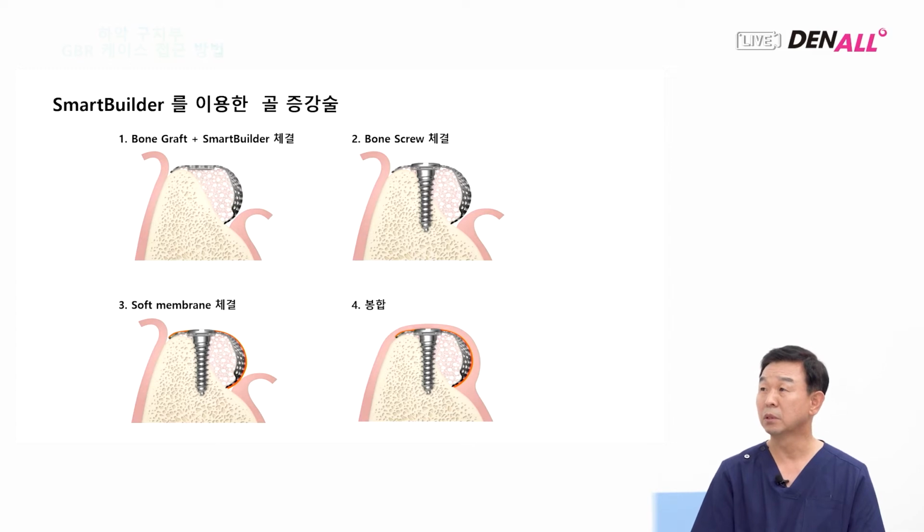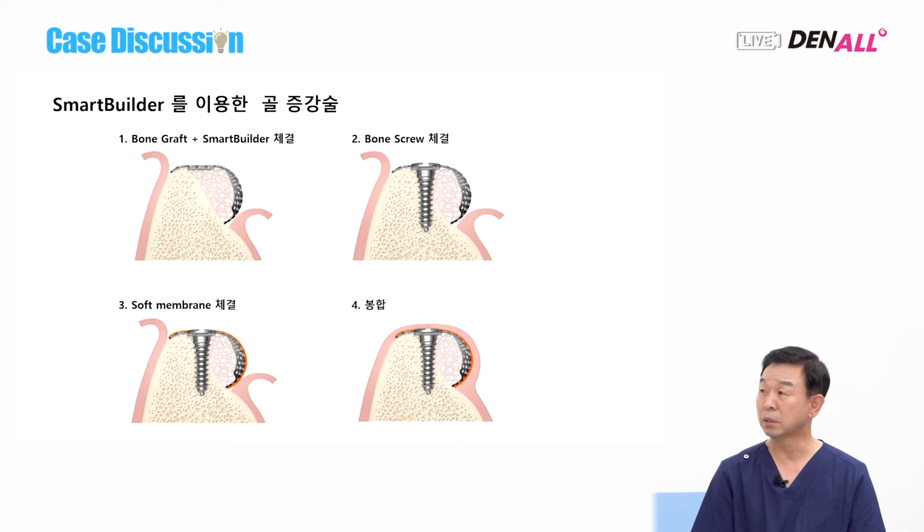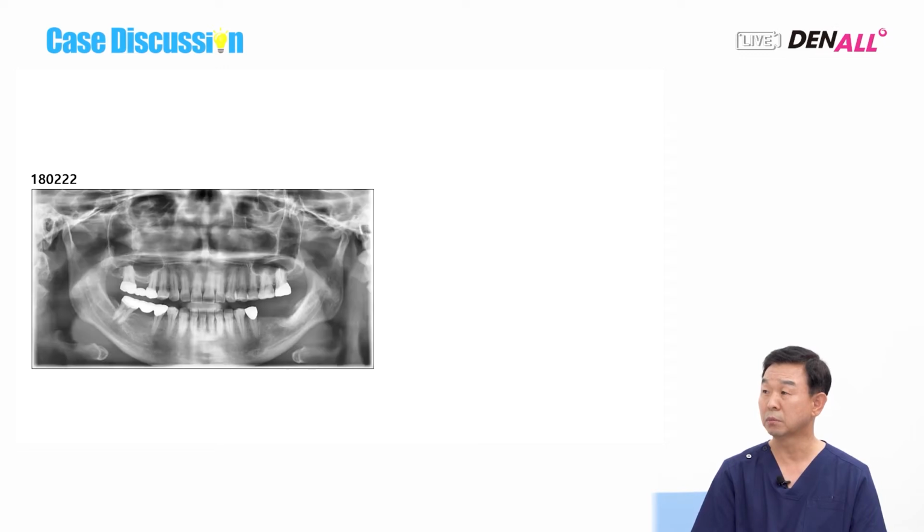OSSBuilder from OSSTEM is used to do the bone grafting. After 4 or 5 months, implants are placed. Additional bone grafting is not needed, and the non-resorbable membrane does not need to be used, so GBR can be made simple. An example,